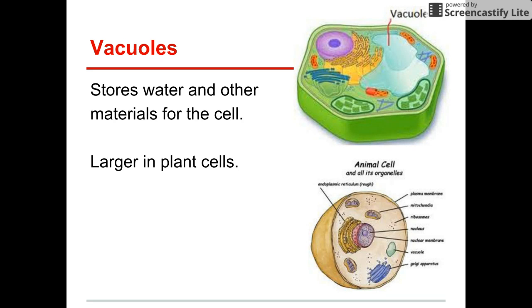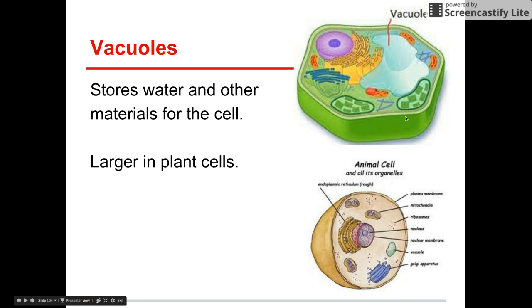Vacuoles store water for us. In animal cells, they're really small. In plant cells, they're really big. That's because plants can't just get up and go to water when they want to. Plant cells have to store their water and hold on to it for a dry day. Most animal cells can usually get up and move to water,